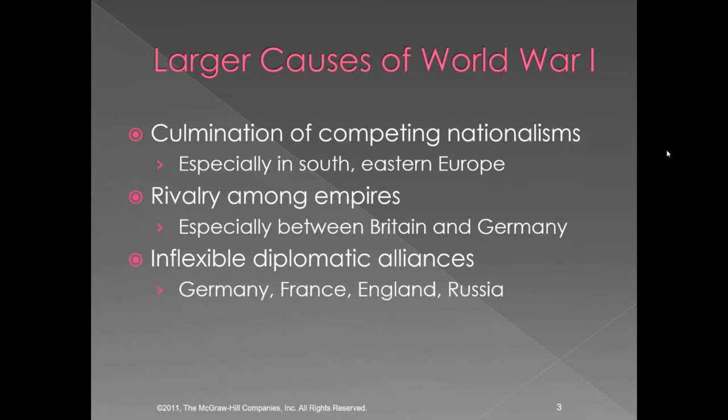But either way, they still got along with him. They still wrote to him. They still respected him. But there was this undercurrent that everybody knew that Willie was kind of crazy and arrogant and kind of overinflated, right? And we see that in their letters back and forth. So there's this rivalry among empires and diplomatic alliances, but they're inflexible. In other words, it's very black and white.